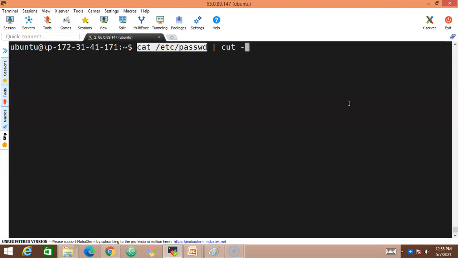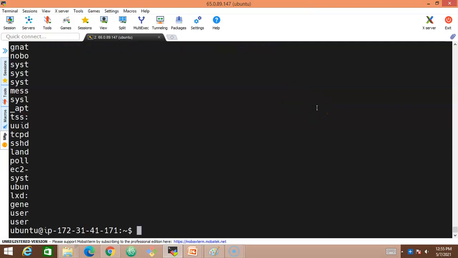Cut -c 1 to 4 characters. That's it. Now the output of this file is going to be provided to this command, and it is going to cut the range of characters from 1 to 4 and display it on the standard output device. Let's press enter. See, look at this: USER, GENE. So it is the same thing, we are trying it in a little different way.